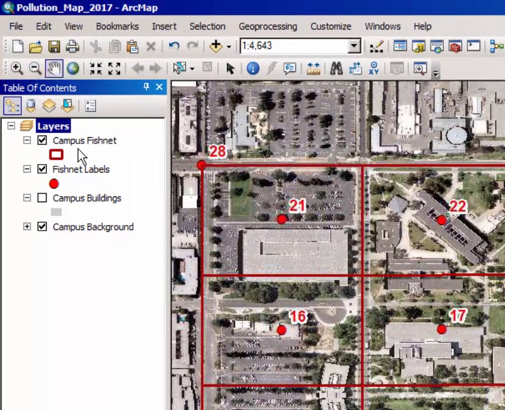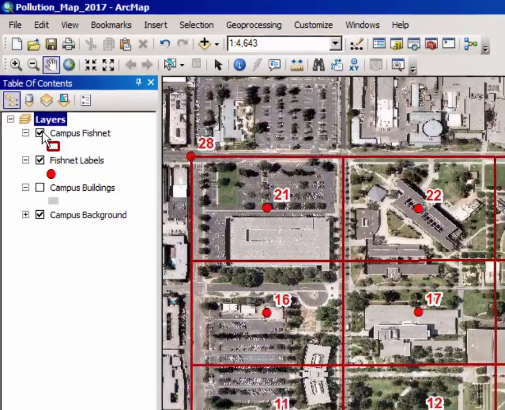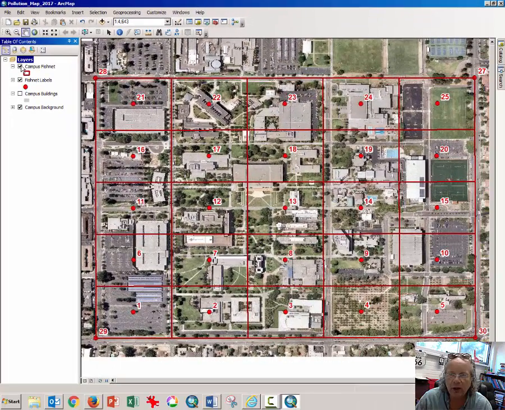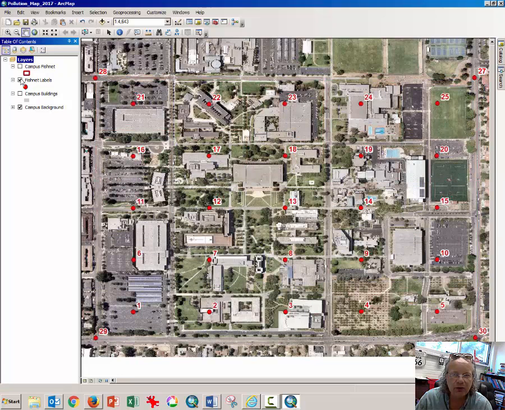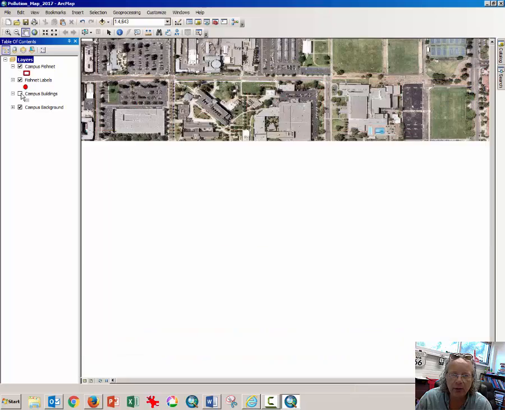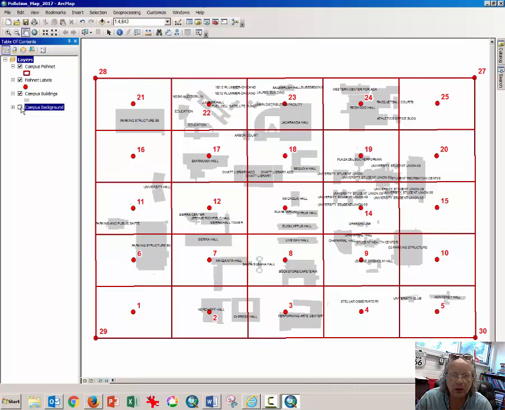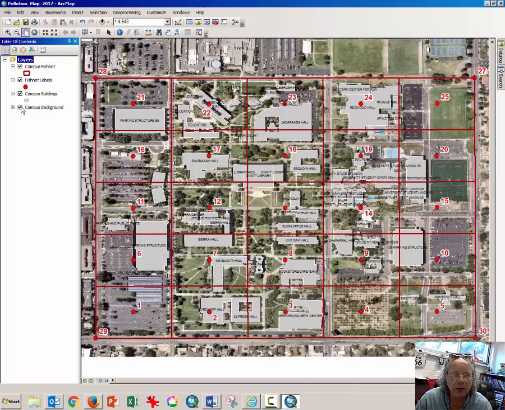It includes the campus fishnet, which is a grid of 25 quadrats in which pollution samples have been taken. And then the fishnet labels are the quadrat numbers. You can turn on and off a map of campus buildings to help you orient yourself, also using the background